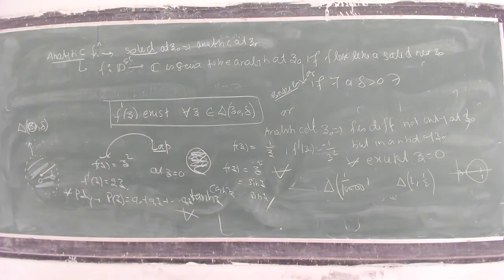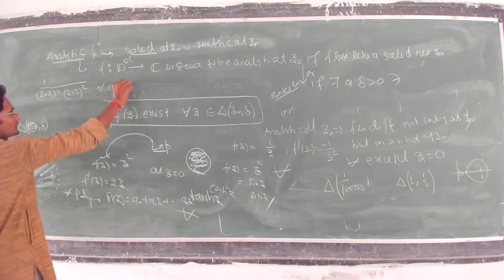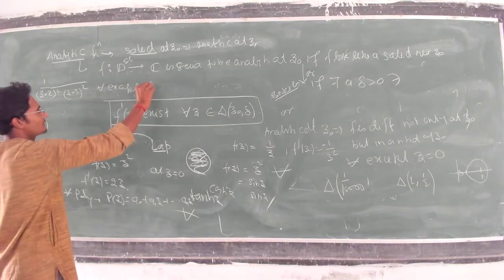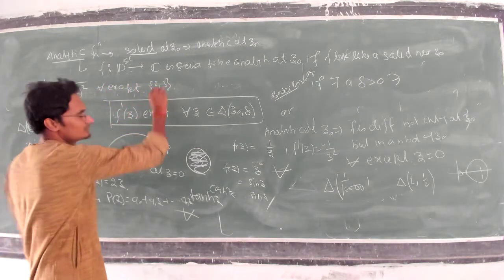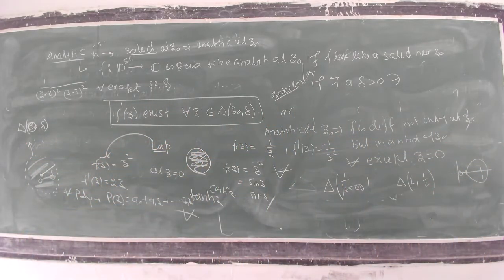Alright? Any doubt here? No. So we had noticed, let us see one more example. (z minus 2) whole square into (z minus 3) whole square. If you see, this function is differentiable everywhere except, tell me the point, 2 and 3, right? Okay? Fine.